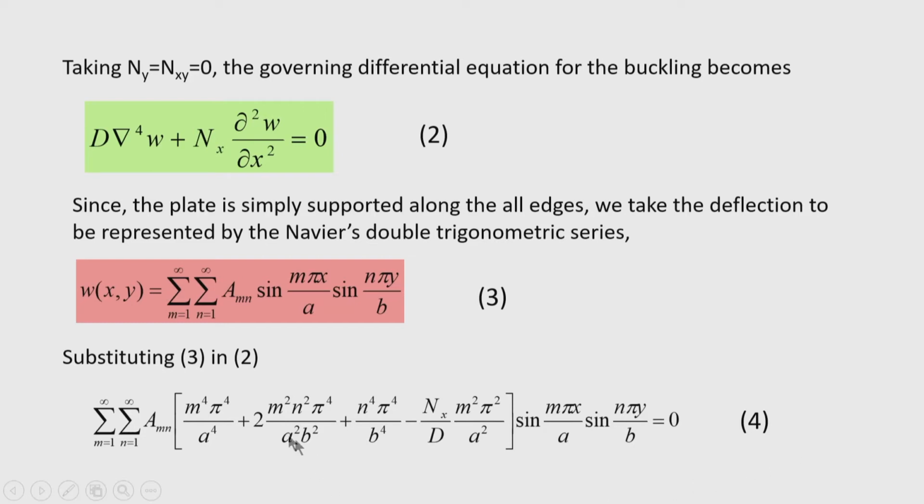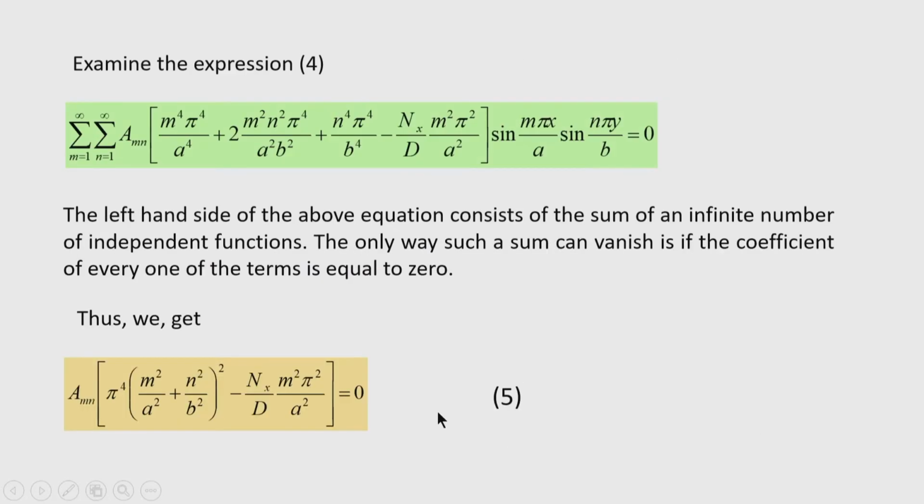But this is not possible, because if a_mn is 0, then the solution that I will get is a trivial solution. So, it will not serve the purpose of finding the buckling load. Therefore, a non-trivial solution is only possible when the quantity inside the bracket that you are seeing here is 0. Okay. So, according to that